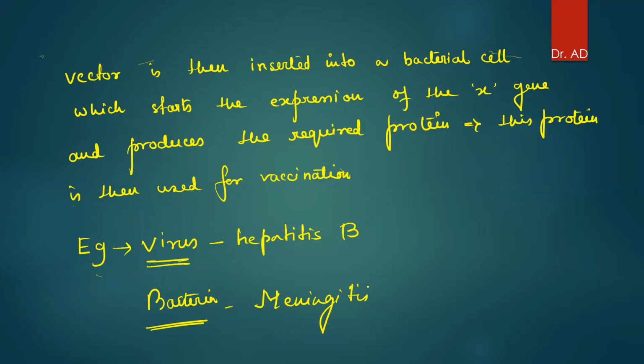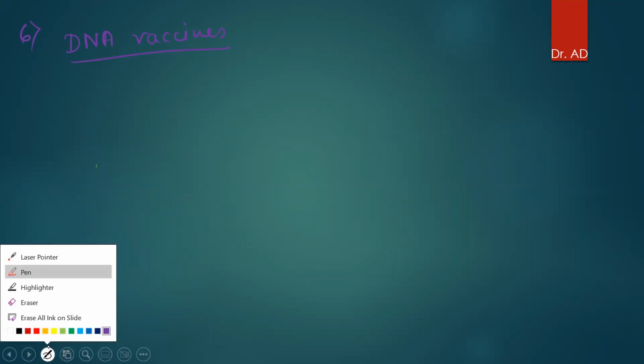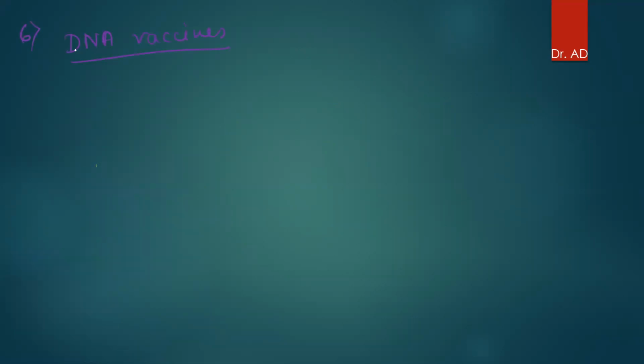In meningitis and pneumonia, the purified polysaccharide is used. Now coming to DNA vaccines, this is also a very interesting one. What happens here? See,